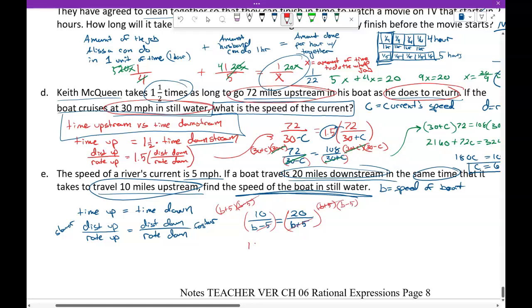We simplify. We're going to use our addition property and divide. So the speed of the boat is 15 miles